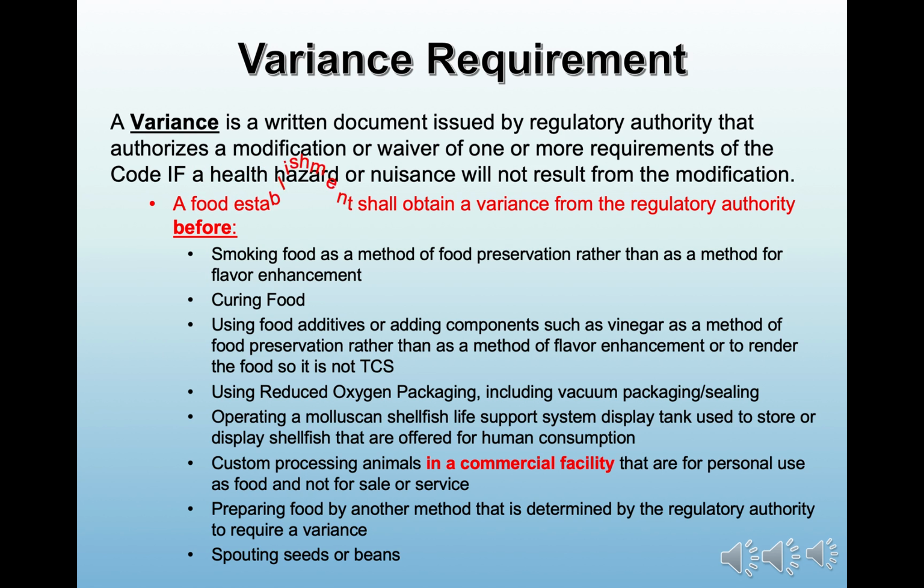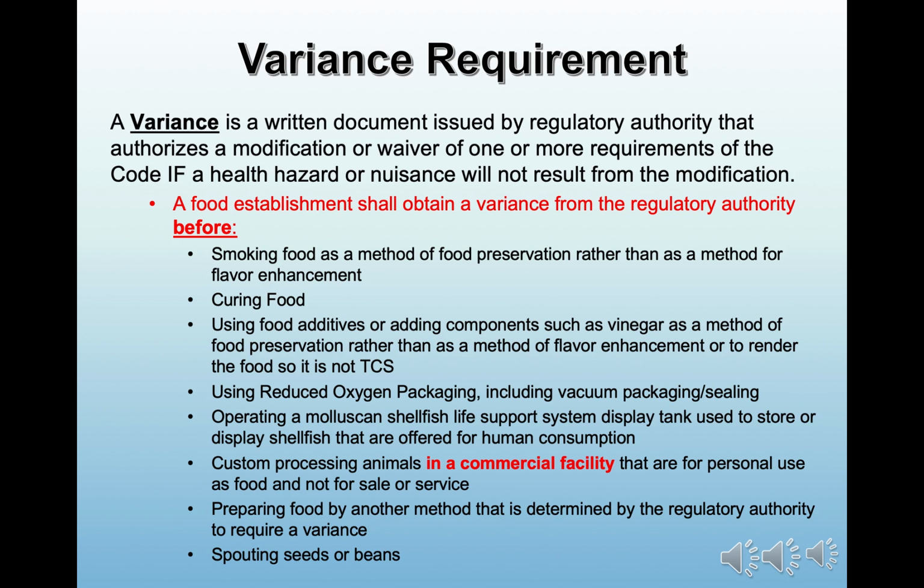Food establishments must obtain a variance from their regulatory authority before they smoke foods as a method of food preservation rather than as a method for flavor enhancement, cure food, use food additives, or add components such as vinegar as a method of food preservation rather than as a method of flavor enhancement, or to render the food so it is not TCS. Use reduced oxygen packaging,